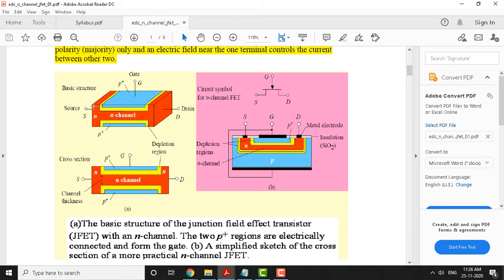Okay. So, this is the cross sectional view. If you attach a terminal to this red portion on one side, that becomes the source, and on the opposite side, if you attach a terminal, that is called the drain. The bottom blue region, as I told you, is a P region that is connected with this top P region; these two are interconnected together. Okay. So, that forms the gate terminal here, and between these P regions there is a transport of the carriers.